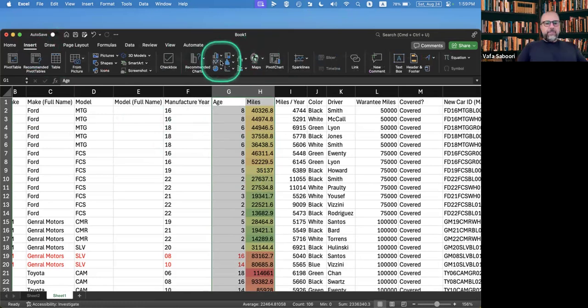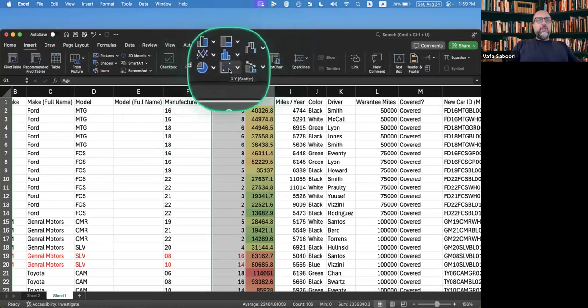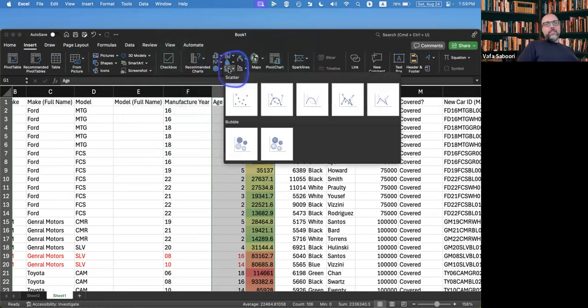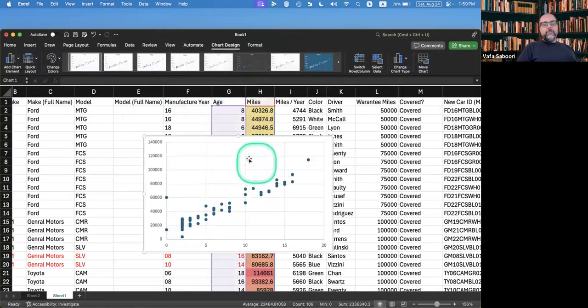Here I have different types of charts. The one that I want to use is XY scatter. I click on XY scatter and just select the very first one. It doesn't really matter. You see that it gives me a graph that shows the relationship between these two